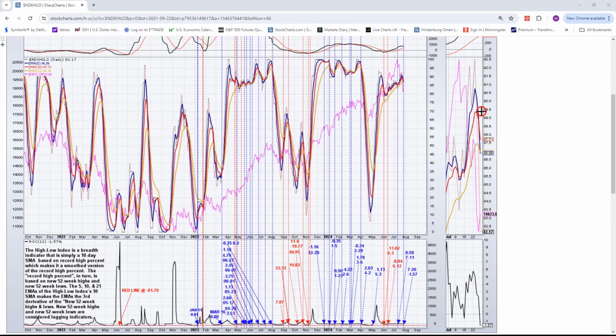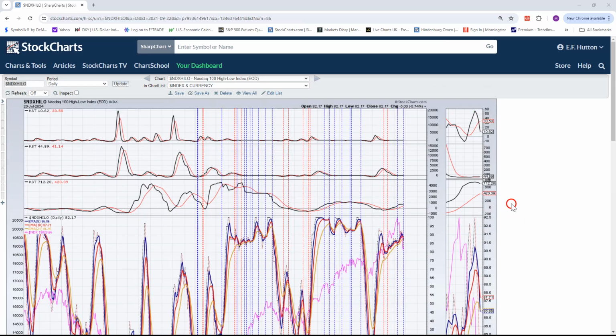As you can see, the 5 went under the 10 and a valid call at the ROC 12 negative 1.57, but then you can see the pink line, the NDX did take a leg up, and the short-term KST went under its signal line here. It's headed towards zero, and the intermediate term KST is still flat as a pancake, undecided which way to turn,